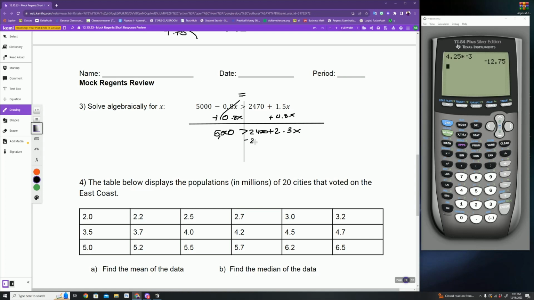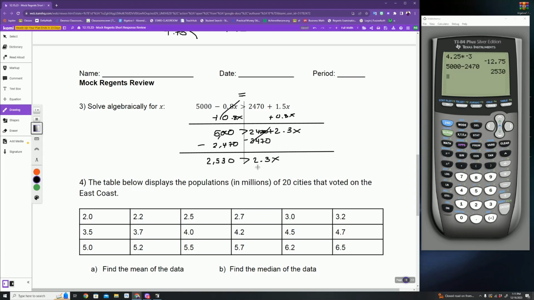So subtract 2,470 from both sides, and you do 5,000 minus 2,470, and you get 2,530, which is greater than